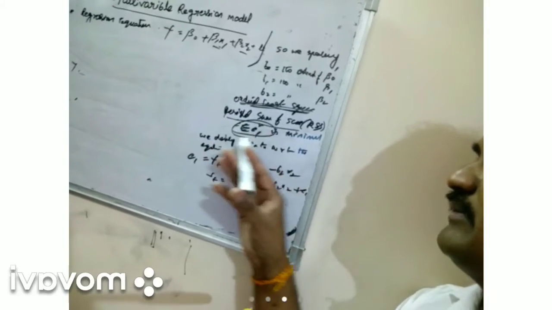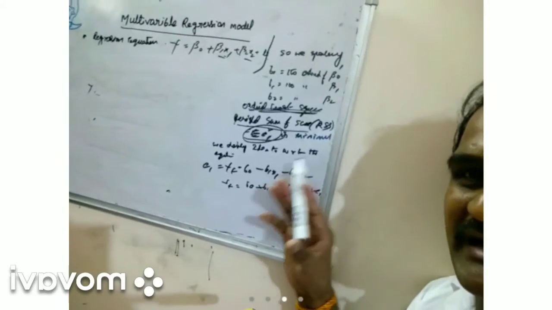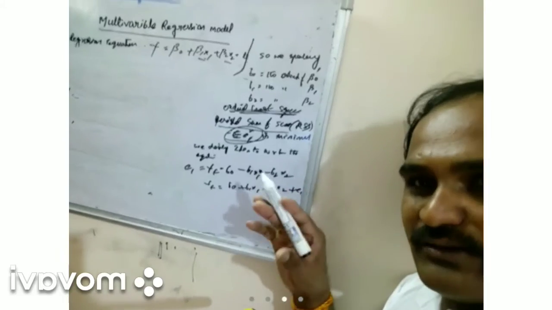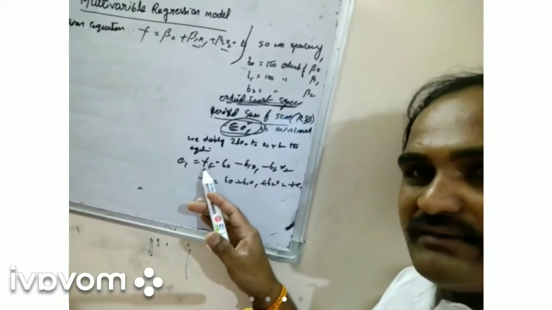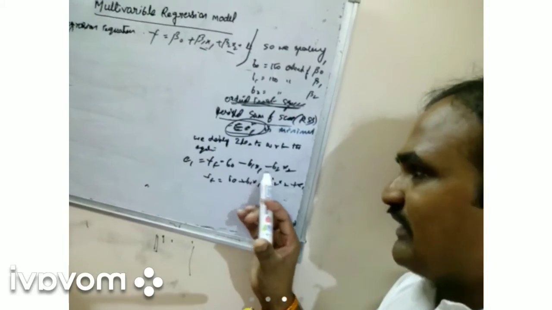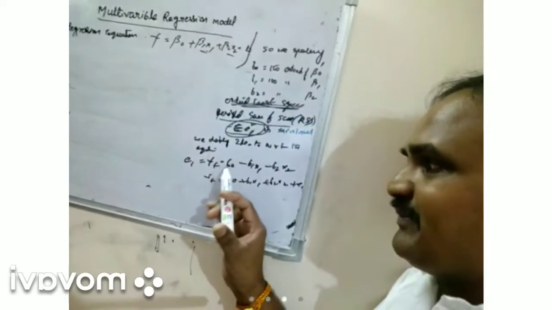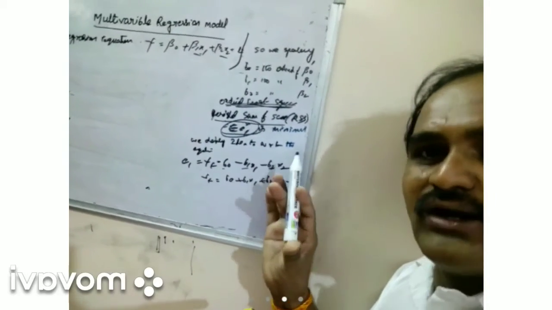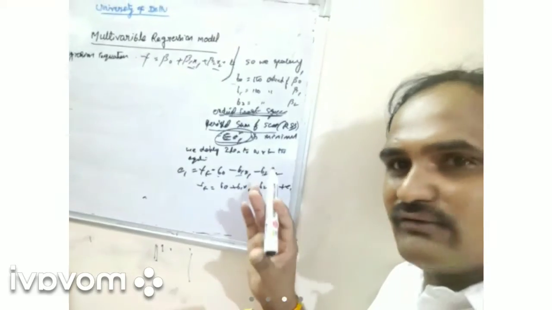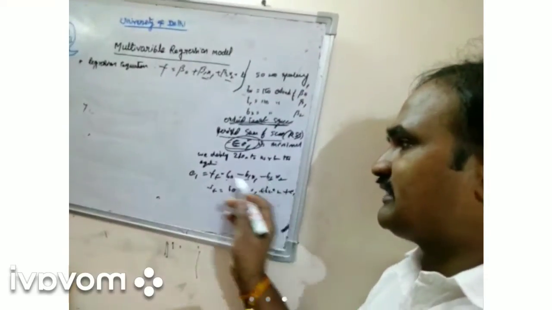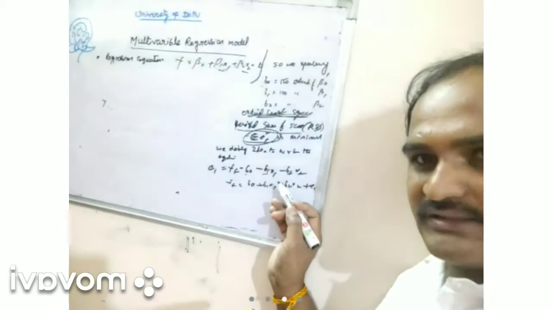Ordinary least squares is the minimum level of the sum of all the values of the dependent variable and independent variables. What is the dependent variable? Y is the dependent variable. What is the independent variable? X1, X2 are the independent variables. B1, B2 are the coefficient parameters. There are no values yet, right? We are talking about these three sample variables.